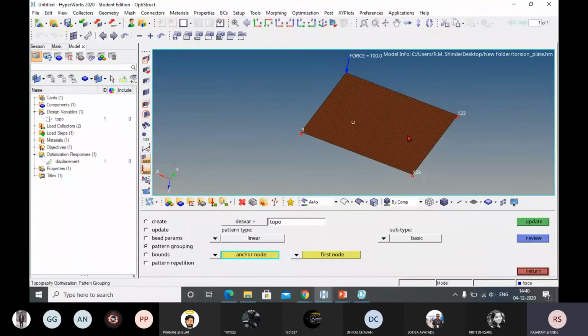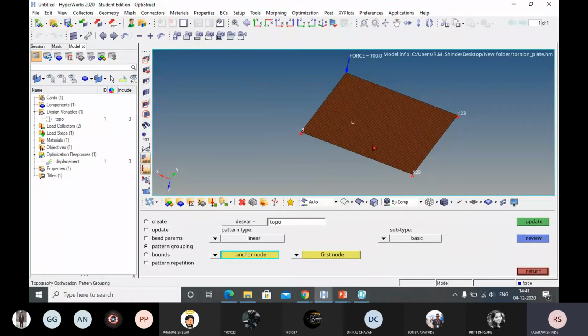I will show you. See here, if I select this corner and this corner, these two corners, then the pattern of the beads developed is parallel to this line joining the anchor node and first node. Okay, the line joining the anchor node and first node. If I select this node and this node, then it will be parallel to this line.